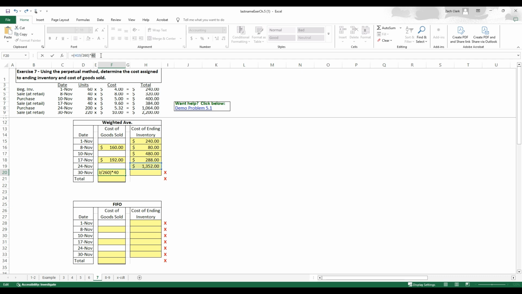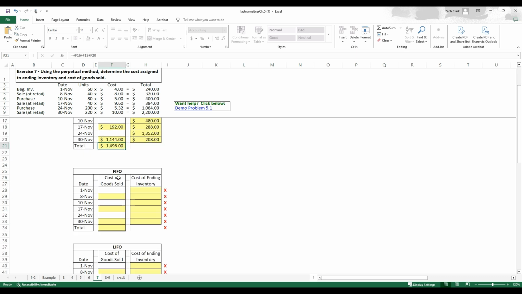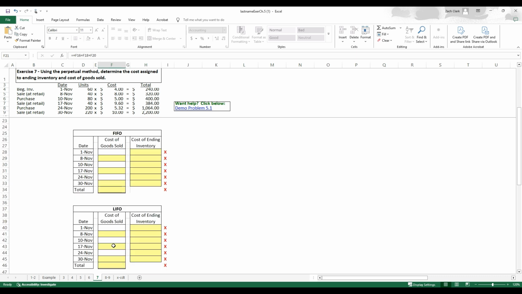And how many did we sell? We sold 220. And that means that if we sold 220, we had 260 total. That means that there should be 40 left over. Like that. And then we just add the totals of cost of goods sold. And those are our ending numbers. So just making us think a little bit more on these. So